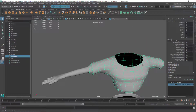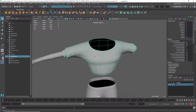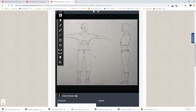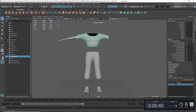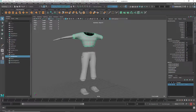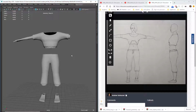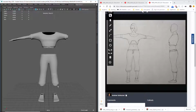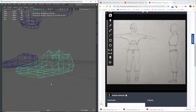That's alright, I guess. I think maybe figure out what you're doing here with the collar. Just looking at the drawing a little bit. Paint it to the model, maybe side by side. Okay, that's helpful. Yeah, obviously get those leg pieces in there. I think maybe the shoes could be a little